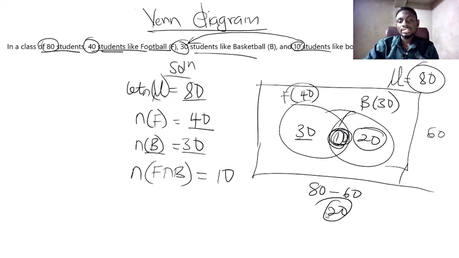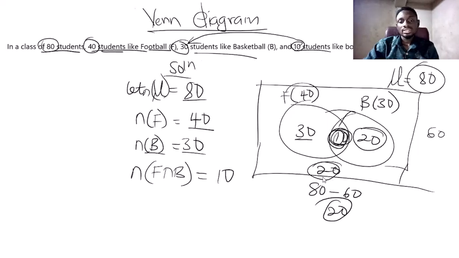It means that we have 20 students who are not in any of the two teams. For that matter, these 20 will not be part of the two circles here, and that will be outside the two circles. So this is the complement of the two sets, meaning that we have 20 students in the class who are not part of any of the two teams. Though they are part of the total number of students in the class, they are not part of the two teams, and therefore they will be outside the two circles. So this is how we represent information